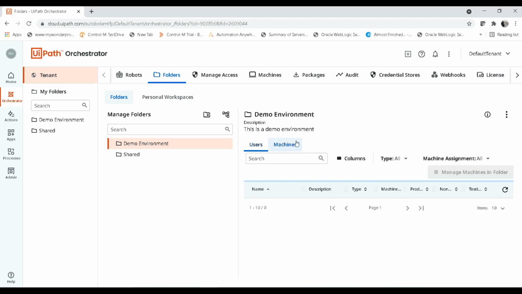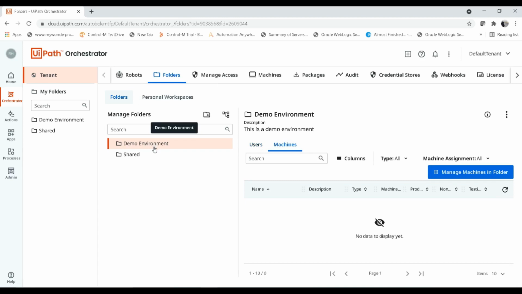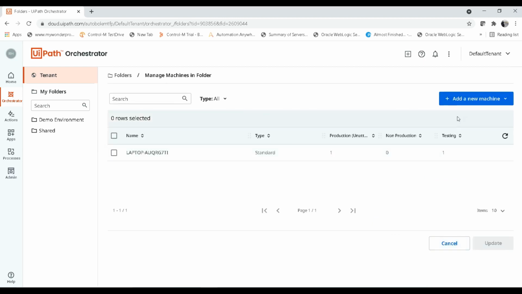And what about machines? Currently no machine is tagged to this environment, right? So I need to tag the machine to this environment. I'm clicking on manage machines. Here you can see the machine which I created. I'm just selecting that and clicking on update.